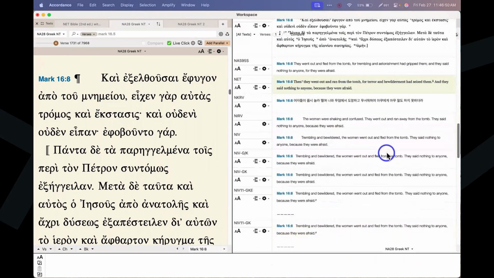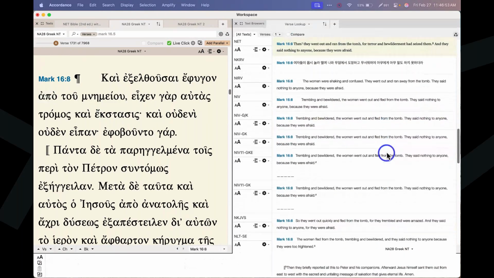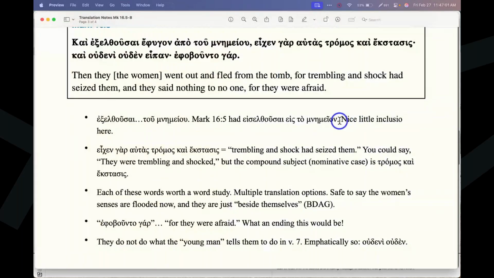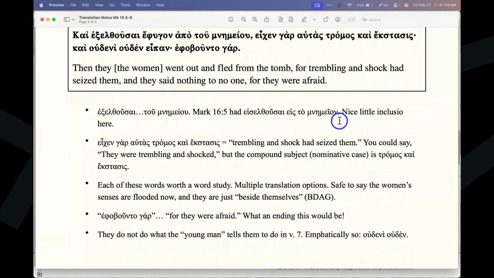Yeah, terror and dread is maybe a little bit of an outlier here. But they said nothing to anyone, so correcting apparently my bad English in my translation: they said nothing to anyone because they were afraid. I just want to note here, as we transition into talking about whether this is really the best ending of Mark as we can discern it,